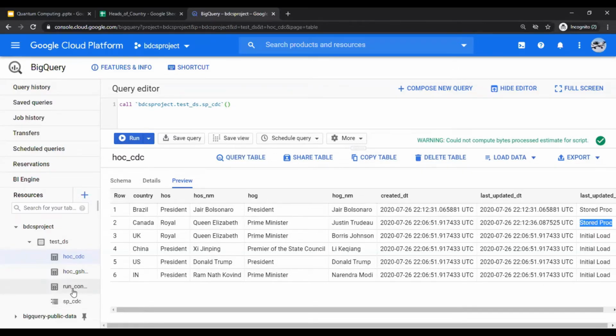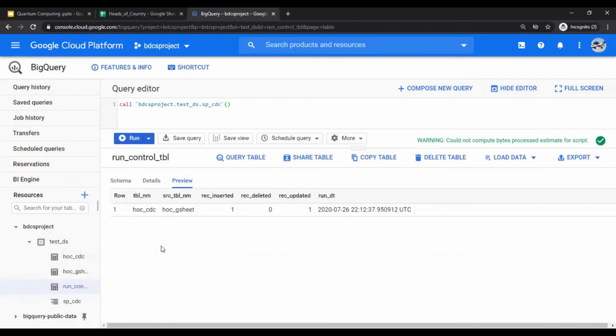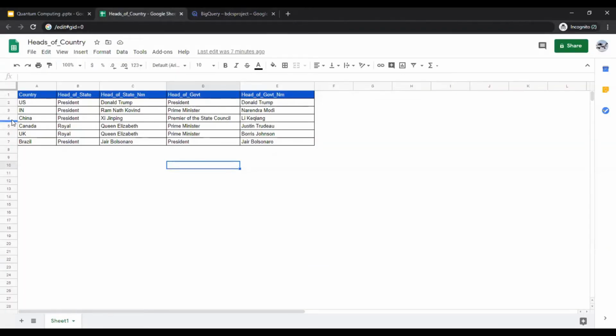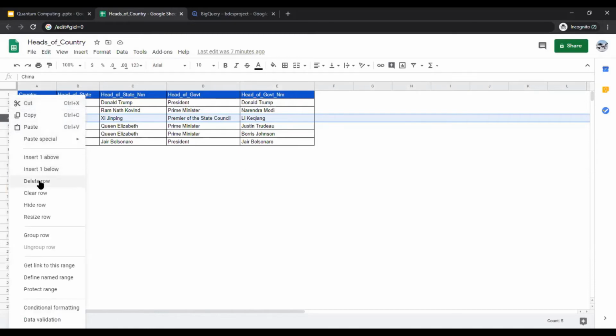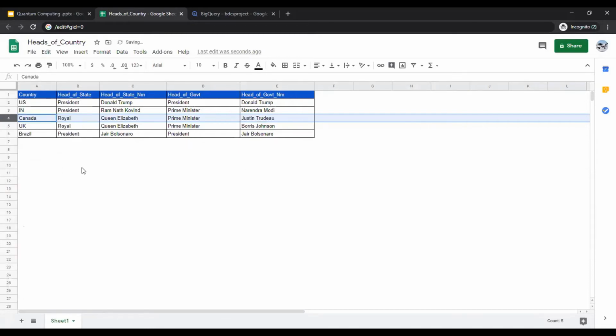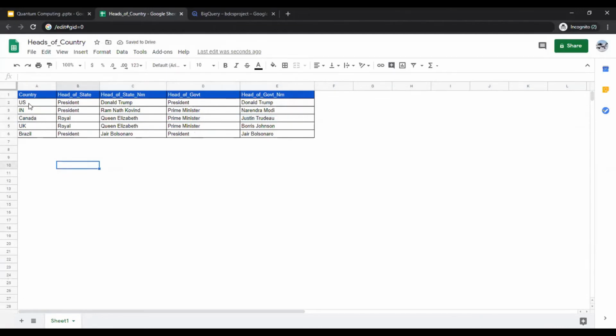Now let's look at the run control table. Using the run control table, you are seeing that the number of records inserted and updated were 1. Now let me go back and delete a record. So going back in the heads of the country, I am going to delete China. Right click and say delete. And I'm going to change United States, US, to United States. So I deleted one record and